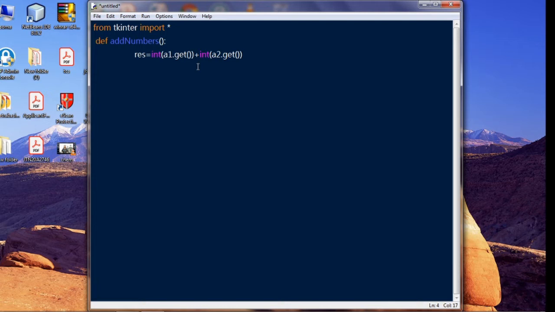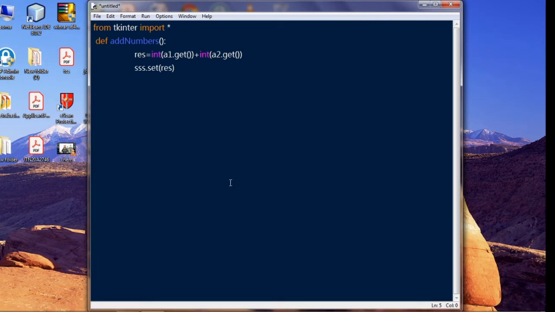To show the result, let's take a variable to show, sss. Dot set means to show the variable, show the result. Then create a root for the window.